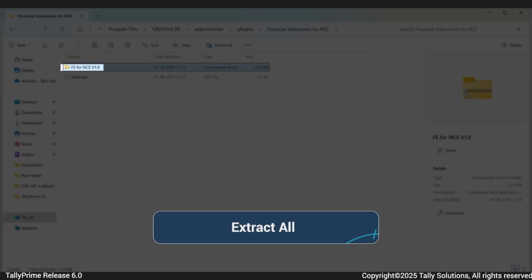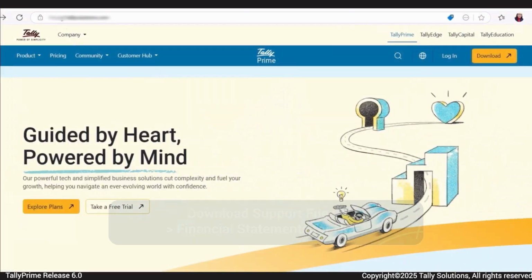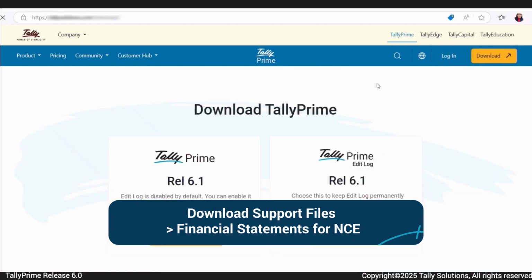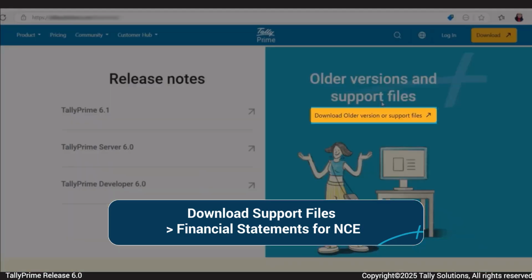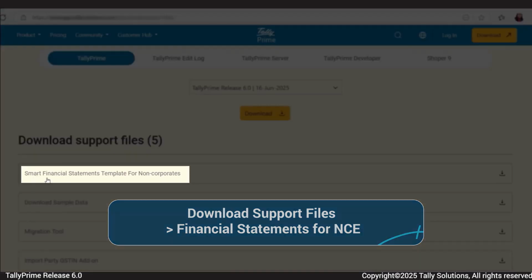Right-click on the zipped file of the template and select Extract All. Select your preferred folder and complete the extraction. The template will be available in the same folder. If not, you can always download the latest version from the Tally Solutions website under Download Support Files, Financial Statements for NCE.